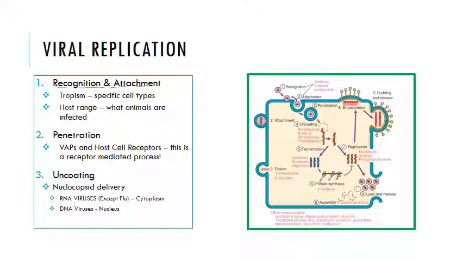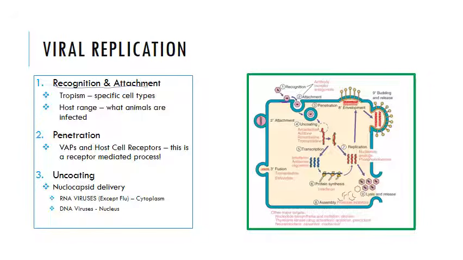In this stage, the virus binds to a specific plasma membrane receptor on host cells. This is typically accomplished through a viral attachment protein, like a hemagglutinin, as mentioned before, that we can find in the influenza virus. Remember, this is a receptor-mediated endocytic process. The interactions between receptors on the host cell and the virus are what provide both species and tissue